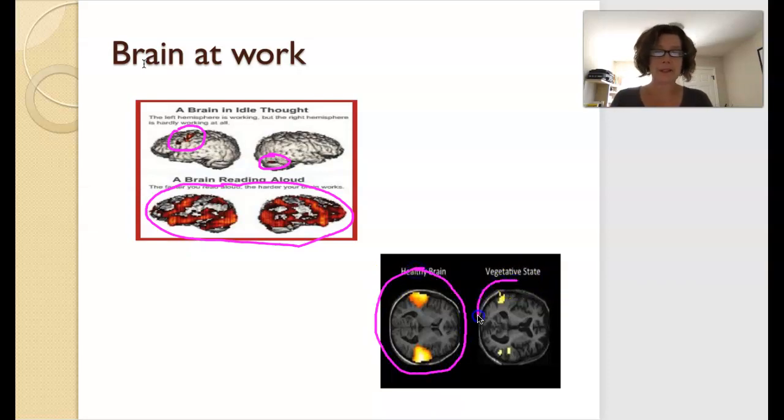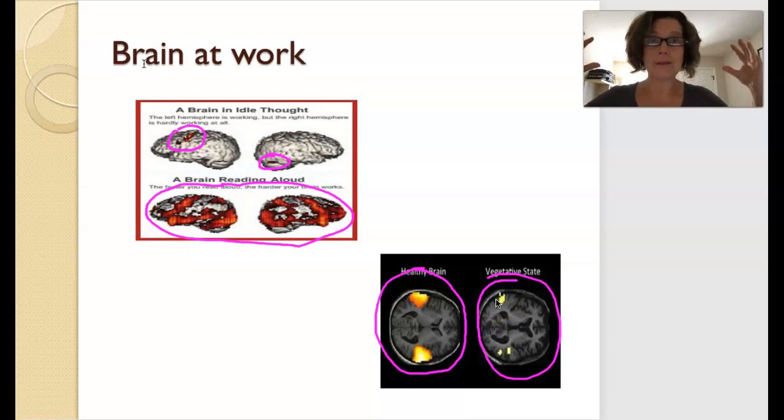In a vegetative state, when we are totally just not doing anything, you can see how much different the actual firing is, how different it is between a really healthy brain that is cruising along and a really vegetative state. Okay,